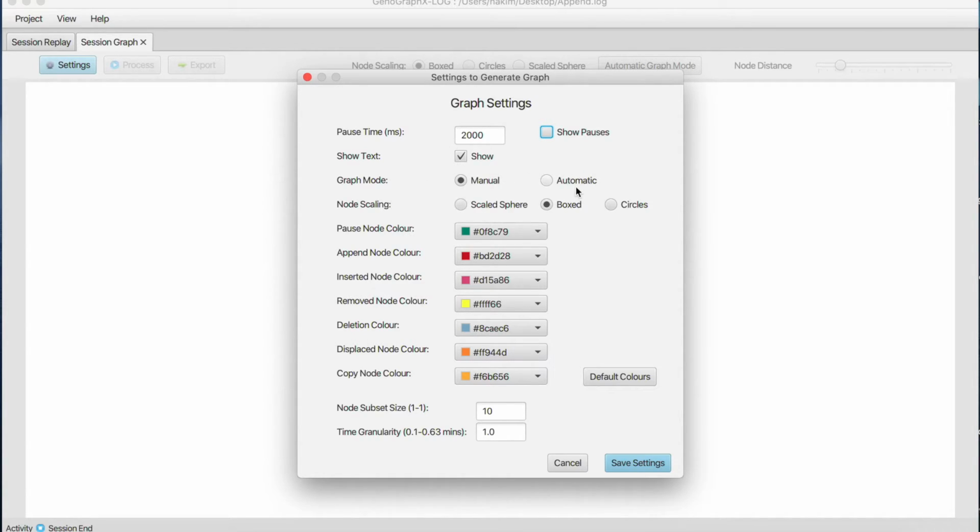You have two modes: manual graph mode, which allows you to manipulate the graph manually, and of course you have automatic graph mode, which will draw the graph automatically, and when you attempt to manipulate it, it will move the entire graph. But of course this setting can be changed when you are visualizing the graph as well. You have node scaling and the shape of the node, and typically the default is box node with text, and this would be where you would start off your